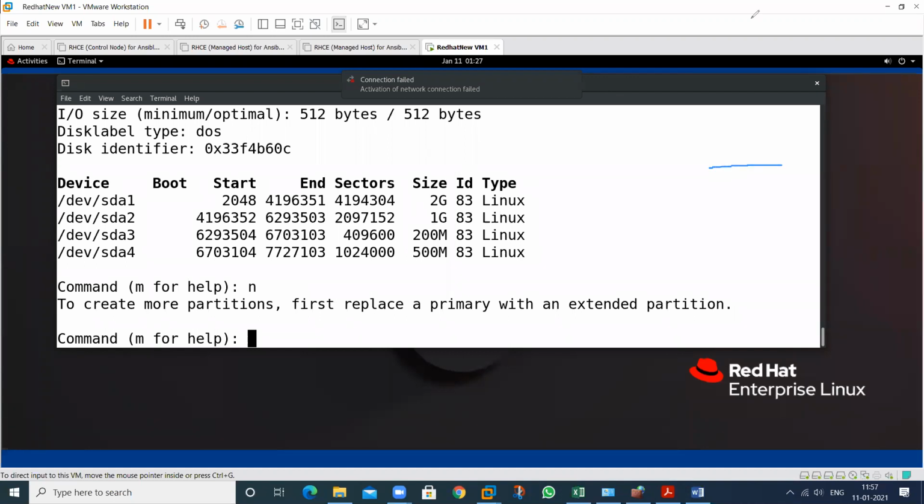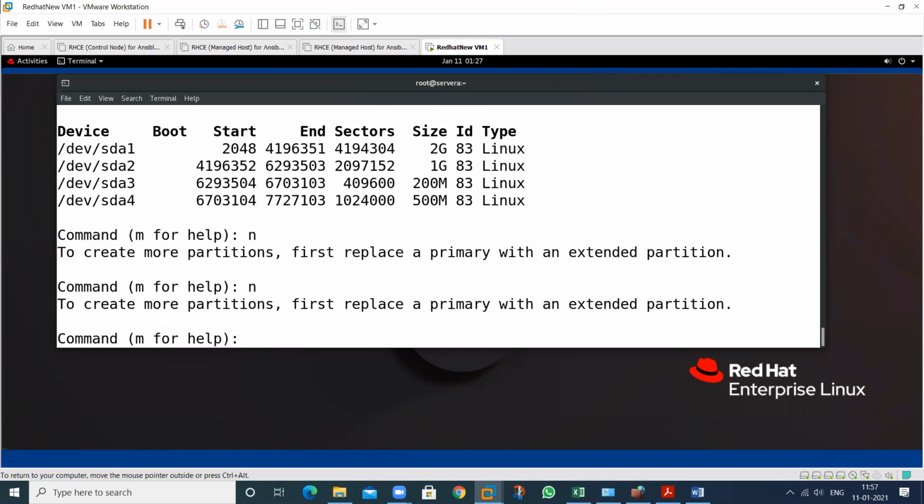Yes, sir. Okay. So see, if I want to create more partitions, first replace a primary with extended.